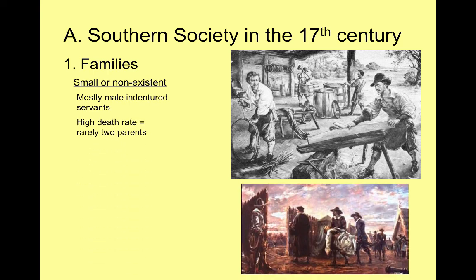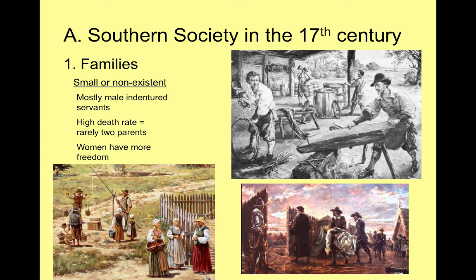Because of that, we're not going to see families, and we're also going to see that there will be very few children being born in the South. And even if those children are born, let's say a few women do come over, there are a few women who come over as indentured servants. They're mostly men, but there are a few women who come over, and it's very rare that you're going to have a two-parent family. Either the mom will die in childbirth, or the dad will die from a disease or a Native American attack or starvation or something like that. So we don't have a very cohesive communal family structure among white people in the first half or so of the 17th century.